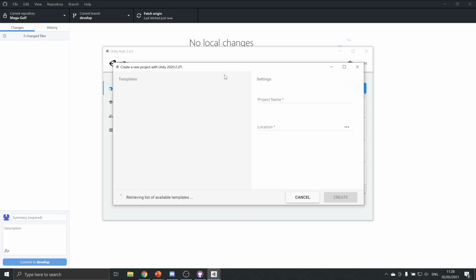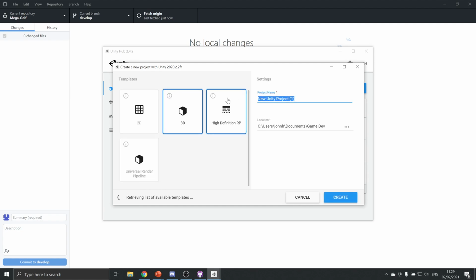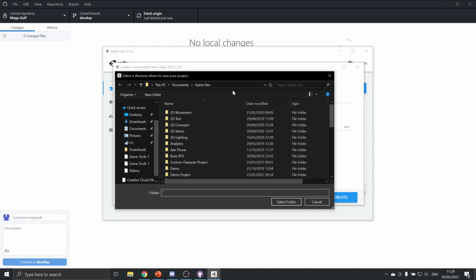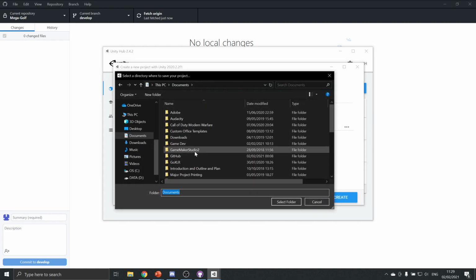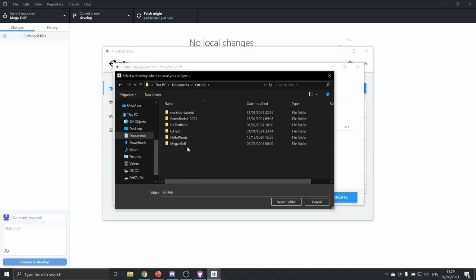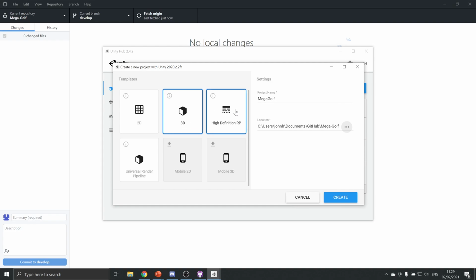So I'm going to create a new project, and I'm going to call this Mega Golf. And I want to navigate to that folder, so I have my GitHub stuff in Documents, GitHub, Mega Golf, and that's my repository. So I'm going to select that folder, and I'm going to go with 3D as well because this is going to be a 3D game. I'm going to hit Create,